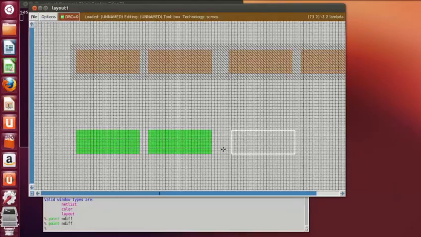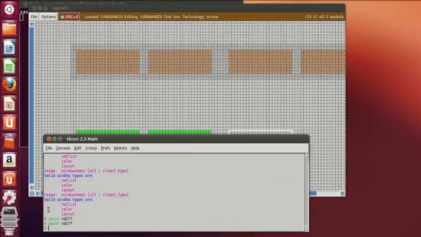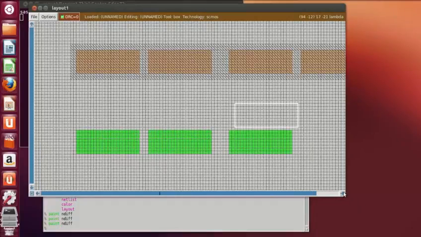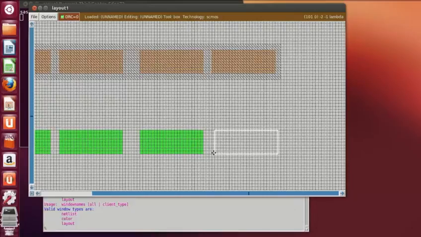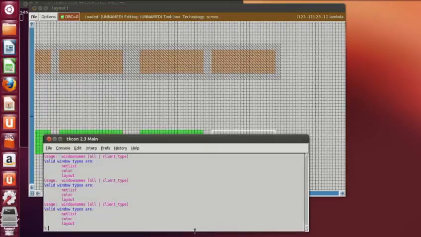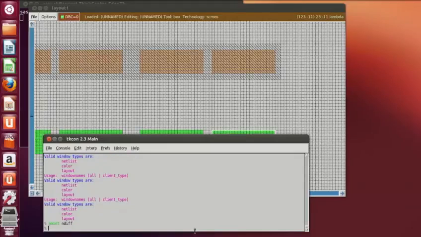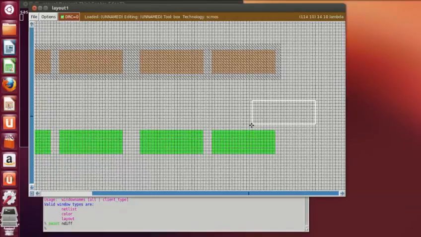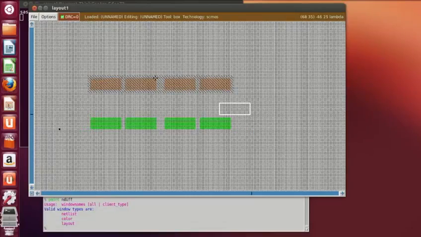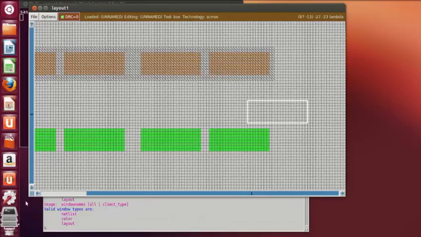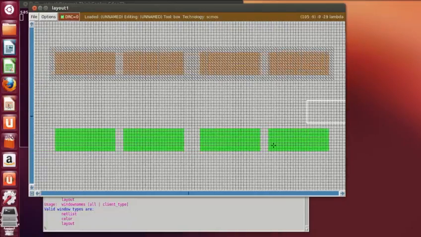Now just in order to get uniformity, you have to place it with similar gaps. Okay. Now the first two PMOS and NMOS are meant for drawing the inverters, and the last two are